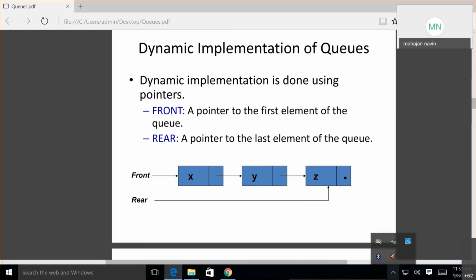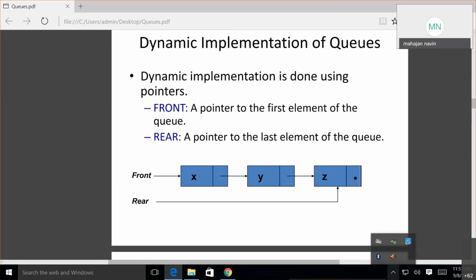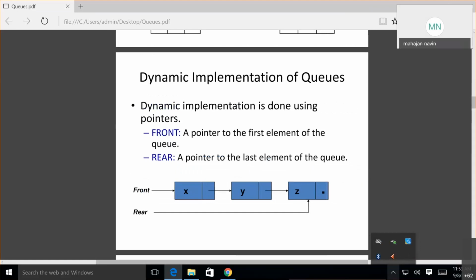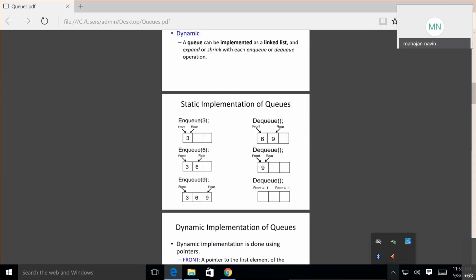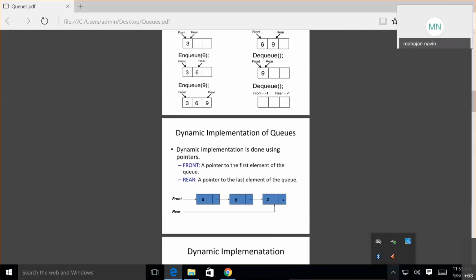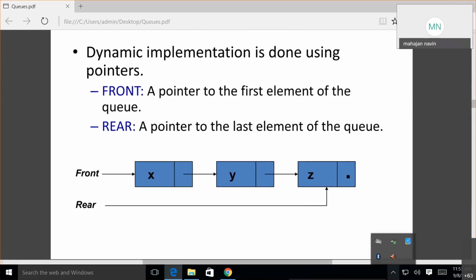Dynamic implementation is done using pointers, and here front is a pointer to the first element of the queue and rear is a pointer to the last element of the queue. See, now we have three elements here, 1, 2, 3. Front is pointing to the first element and rear is pointing to the last element.